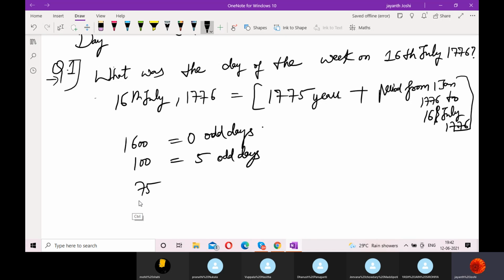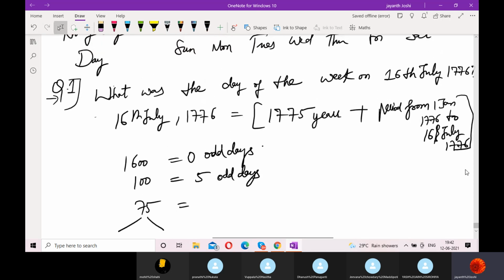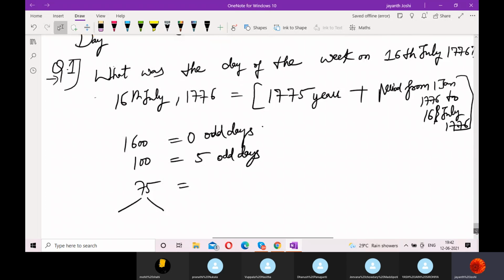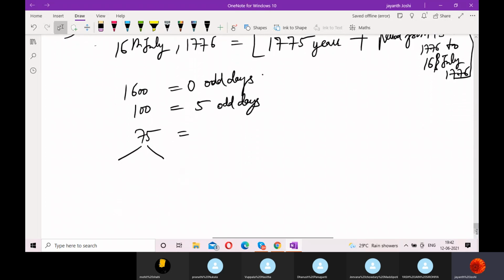And now in 75 years, how many odd days are there you need to find? We don't have the data for that, because above I have given you the data for 1600 and 100 years, but for 75 years I haven't given you any data. So if you see 75 years,